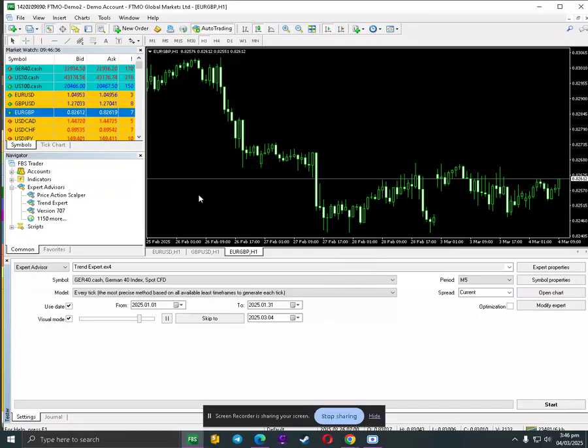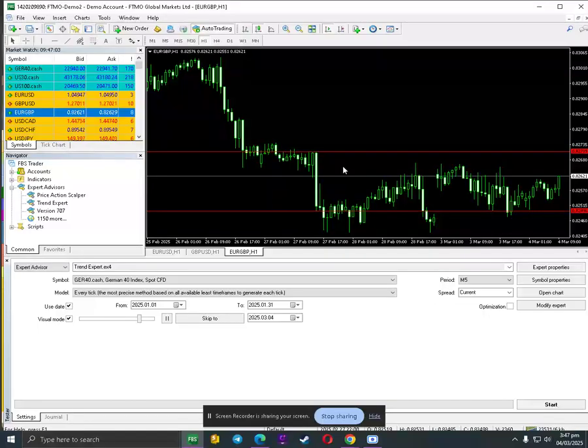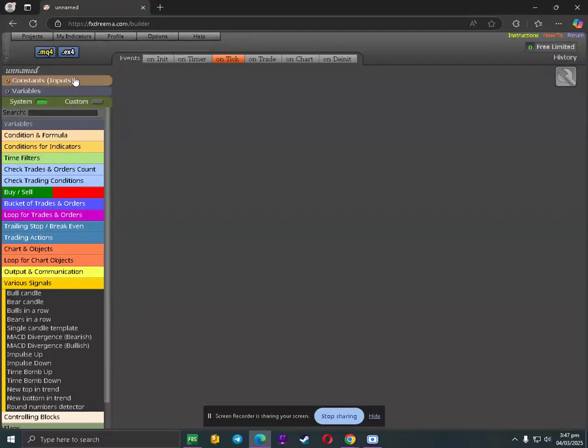So today we are going to be creating an EA that places pending orders, for example on this area. We're going to put a buy stop in this area and a sell stop on this area also, or maybe we could optimize this in the future. This strategy is based on every candle. So let's get started so you can see what I'm talking about.